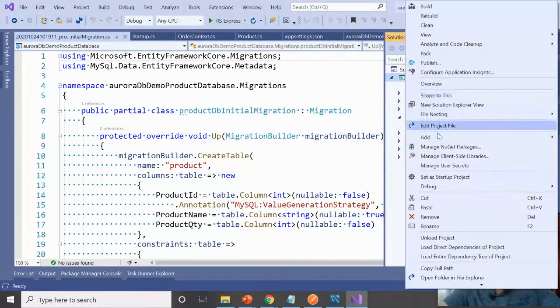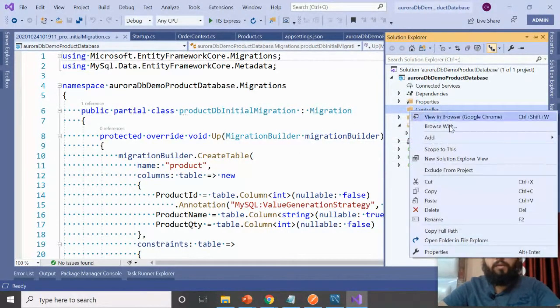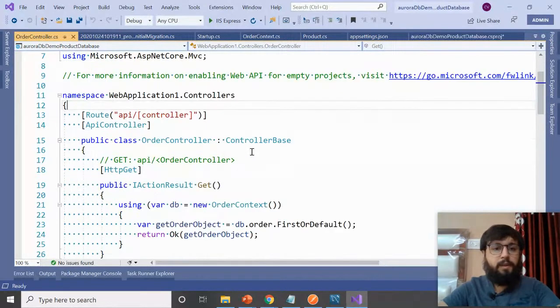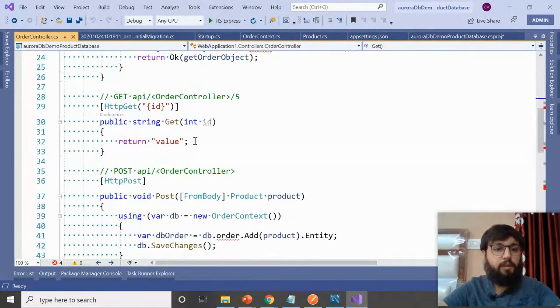Okay, we do not have the folder. We'll create a new folder, and after that we'll paste it here. Perfect. Now this is a simple web API product controller, an API controller, and what we have are get methods, we